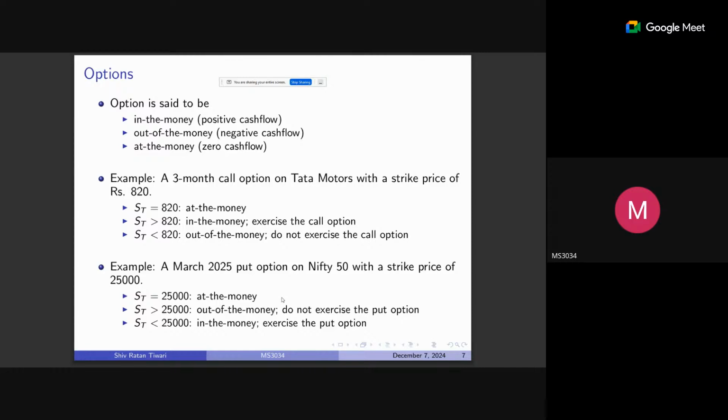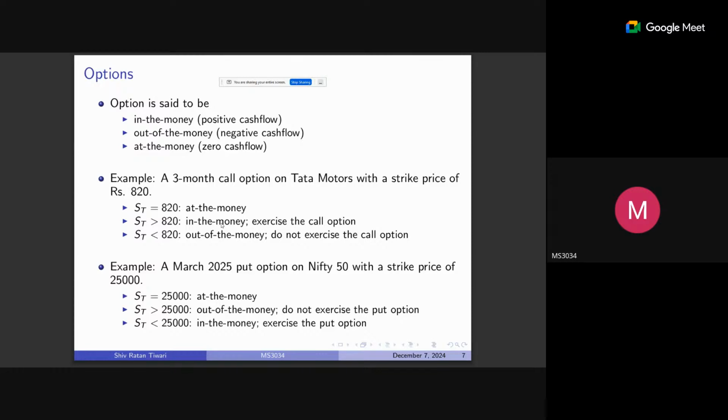So let's understand this concept with an example. In the previous slide, we had one call and one put option. For the call option, if the share price for Tata Motors is more than the strike price, that is 820, then it is in the money. How is it creating positive cash flow for you? This call option has given you the right to purchase this Tata Motors share at 820 rupees. But the current market price, on the expiry or within your expiration period, your Tata Motors share price is